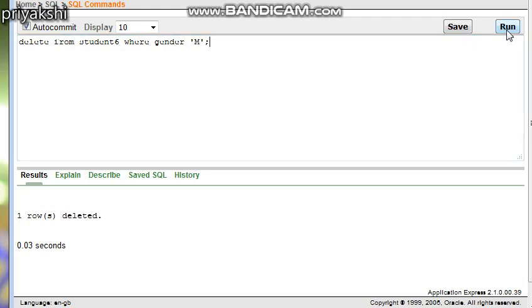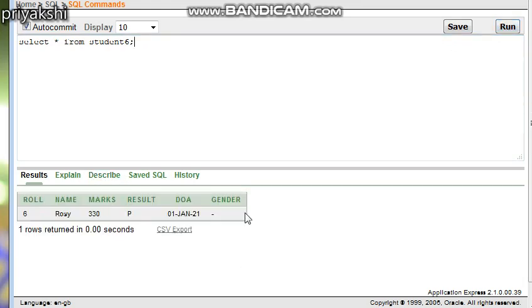If you execute this, 3 rows have been deleted, you can see. So you can delete multiple rows also. If you see the database now, there is no student with the gender value male.